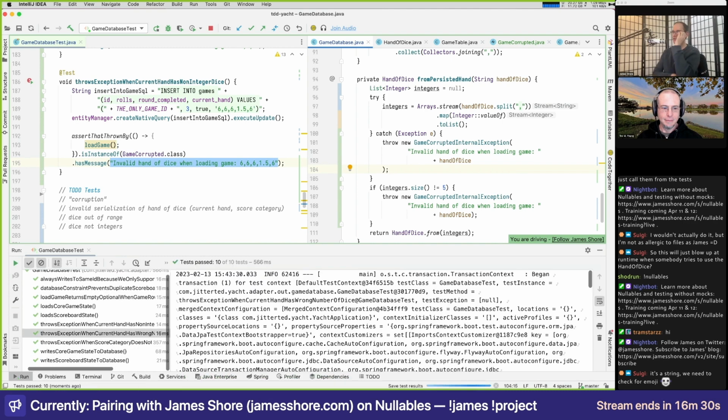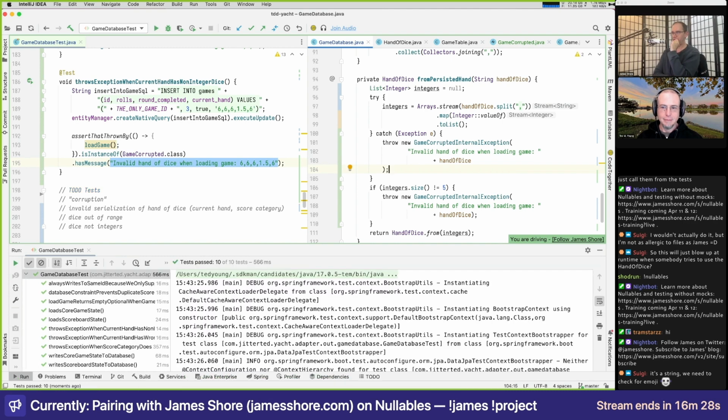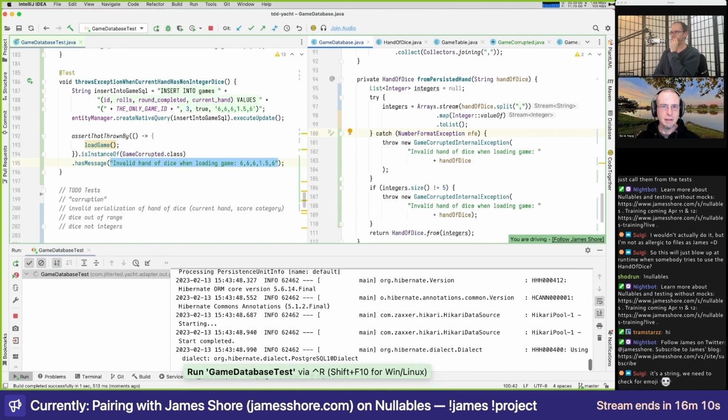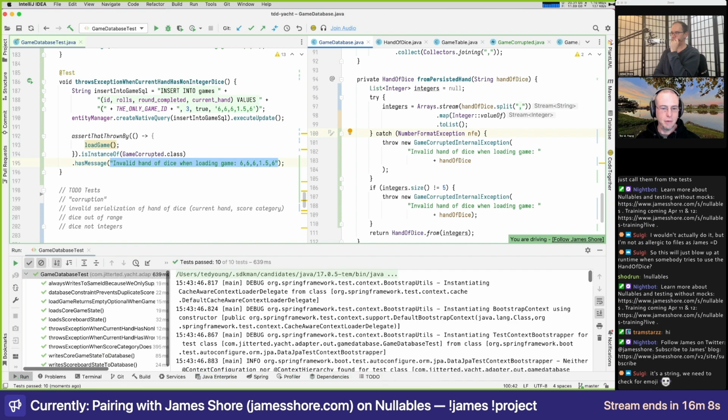Catching every possible exception here, I feel goes too far. Oh yeah, I shouldn't. I agree. That was me not paying attention to the automated refactoring. All right.